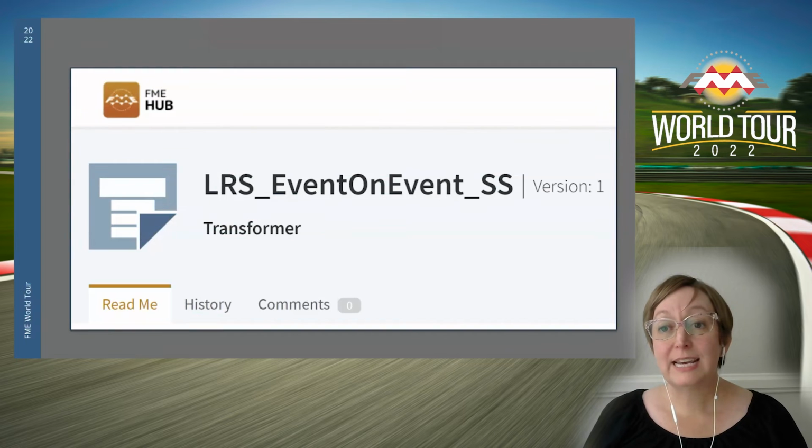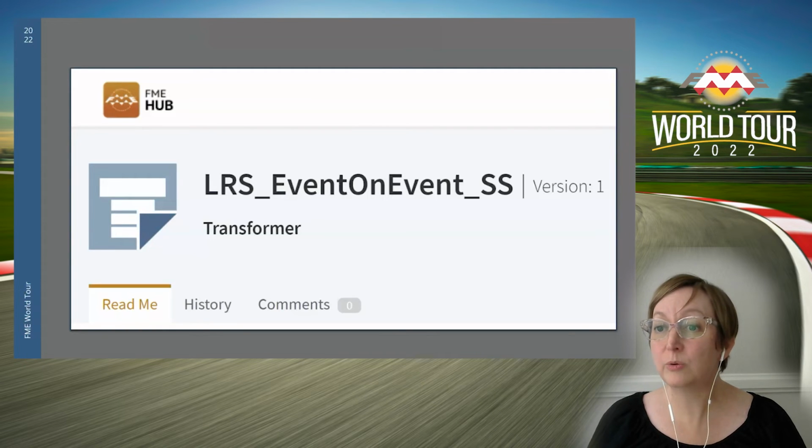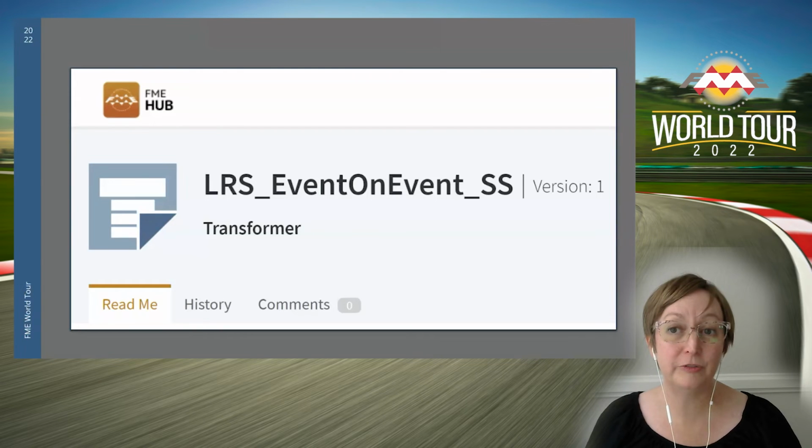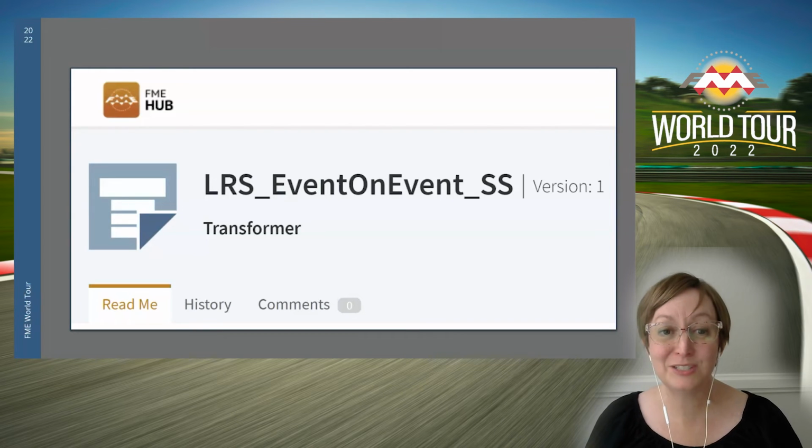If a feature class has full coverage, meaning it covers the entire route network, we combine all linear records into one stream. First, we standardize the columns in the data stream, then send the entire stream to an overlay process where the stream overlays with itself. We call this a single stream overlay, which we accomplish using a custom transformer that Bo Guo from Gistic developed. This transformer is available on the Hub.